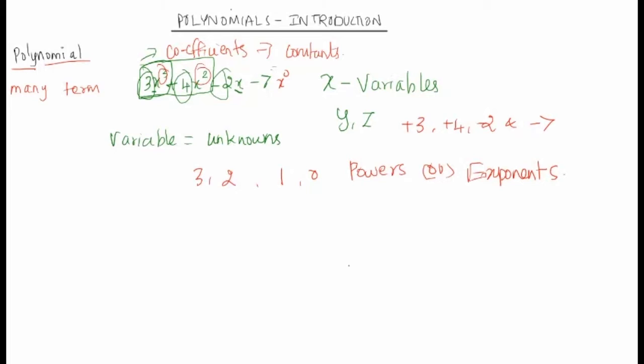Now this polynomial, which is only in terms of x, we can name as p(x). So we can write 3x cube plus 4x square minus 2x minus 7 is equal to p(x). This p(x) has the highest power of 3. So the highest power 3 is called the degree of a polynomial. This power is known as the degree of a polynomial.